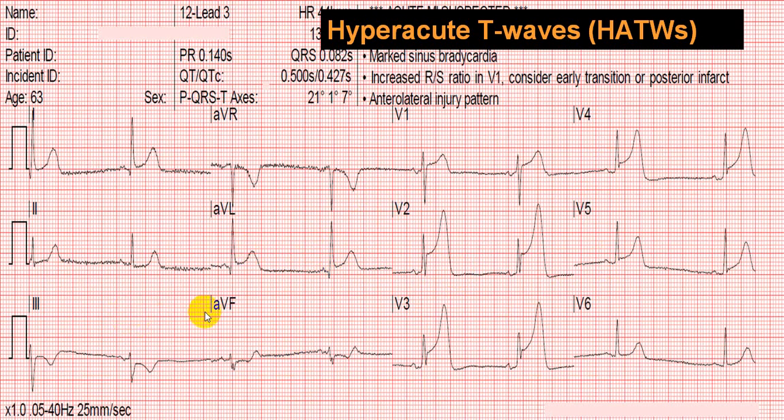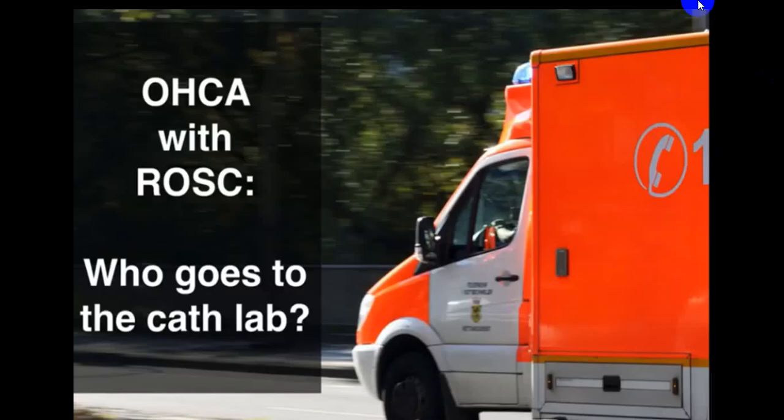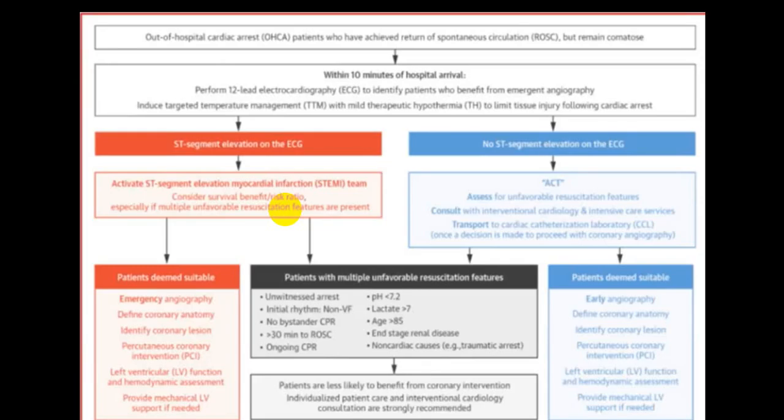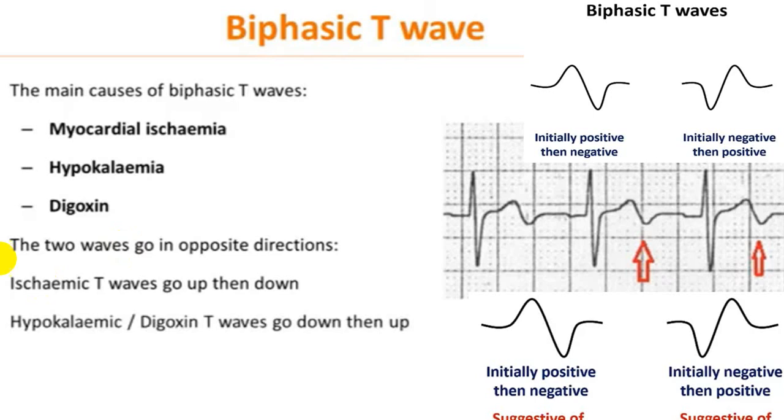Again, you can see that there is a hyperacute T wave in V2, V3, V4, V5, and along with that there is an ST segment elevation, straightforward in favor of a hyperacute T wave of acute MI. Now there is another condition we call out of hospital cardiac arrest, which has been revived, and now there is a restoration of spontaneous circulation, and he should be subjected to cath lab to find out the severity of damage, because he is likely to have severe coronary artery disease. Always go for that. So don't wait.